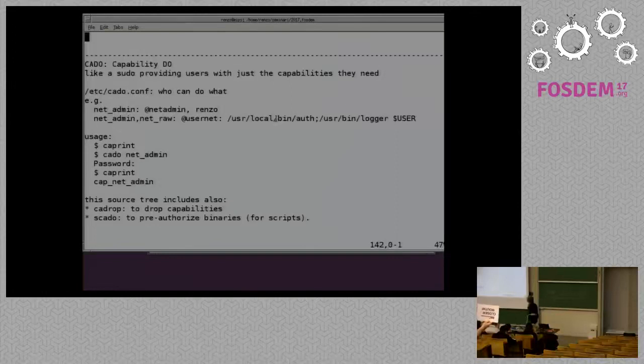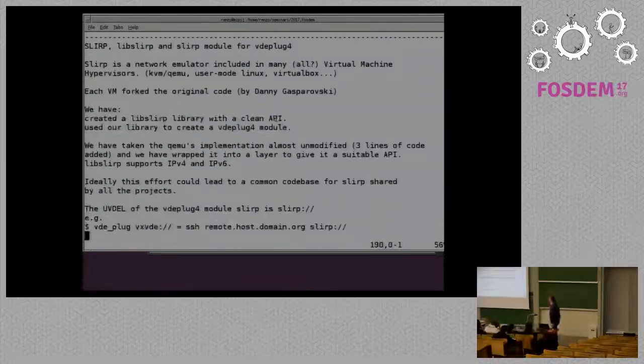Doing this stuff, we believe in the Unix model to have several tools. Each one is doing its job in the best way that it can, and then you can combine all these tools to have a more powerful service. One tool we are creating is a capability tool. It's like sudo, but at the capability layer. It's not directly related to networking, but we needed it to provide users with just the capability they need. There is a configuration file, and you can say that this user, that user can have this and that capability. Other tools,